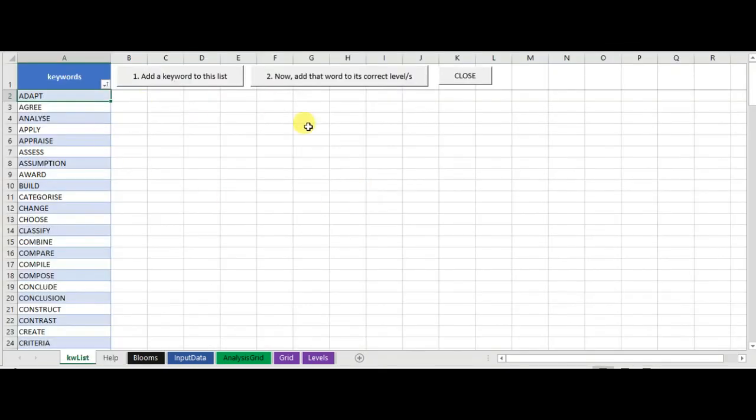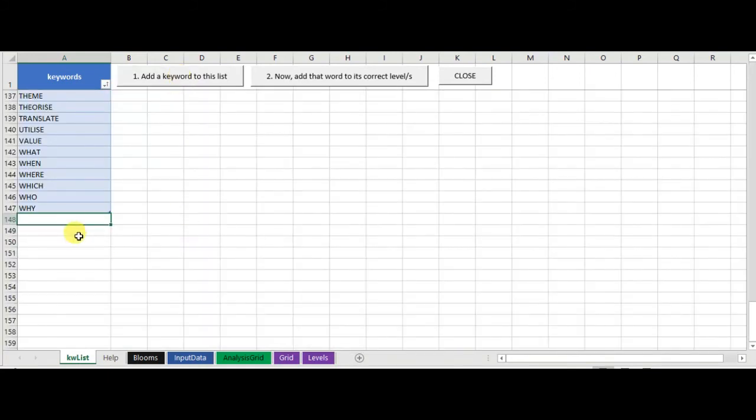You can, let's say you have a keyword and it's not in the list, and you want to add this keyword to this. Well, in the help section there's a nice button here. It says open the main keyword list. Click on the button, and here are all the keywords. There are 2 steps here. Number 1 is add a keyword to the list. So let's click add a keyword to the list, and let's think of a word that we should have added that maybe was missing, which was